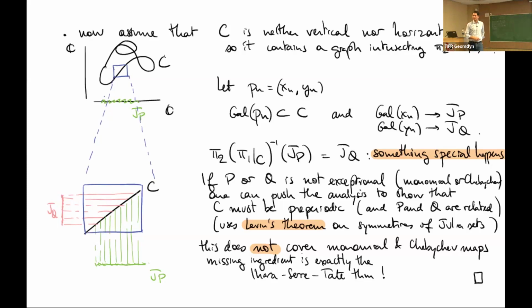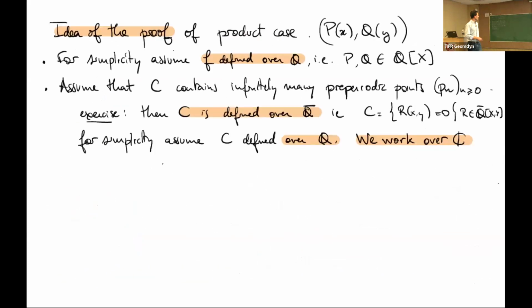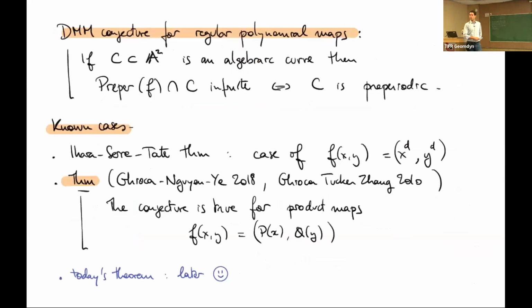Yes, it does. Actually, the theorem of Gioca and Guénier is not for polynomials, it's for rational maps. And then for rational maps, symmetries of the Julia set are not enough. You really need the maximal entropy measure. Okay, so yes, I should have said it before.